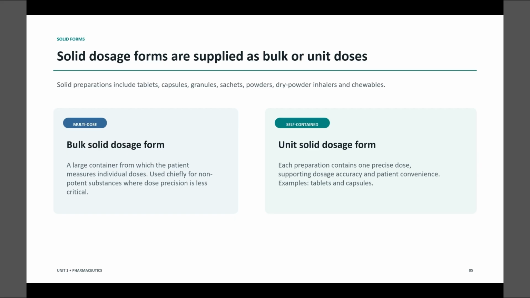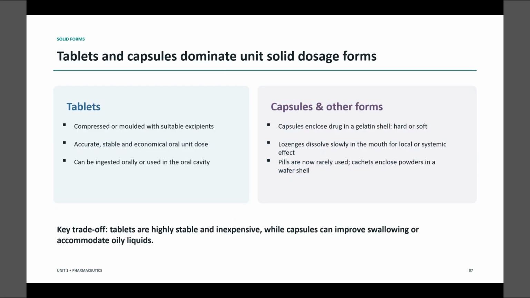Another pattern is called the unit solid dosage form, where each preparation contains one precise dose. For example, tablets and capsules have an individual dose, which supports dosage accuracy and patient convenience. These are used in the oral cavity. So tablets